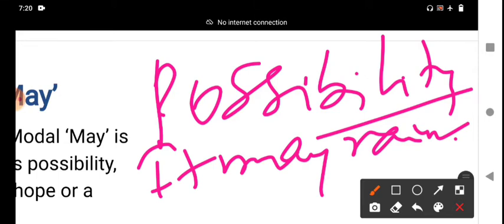My brother may come next week. Here, may is used to express possibility. The first function of may is possibility. Possibility means it may happen or not. That is the first opinion, our declaration based on certain conditions and possibilities.